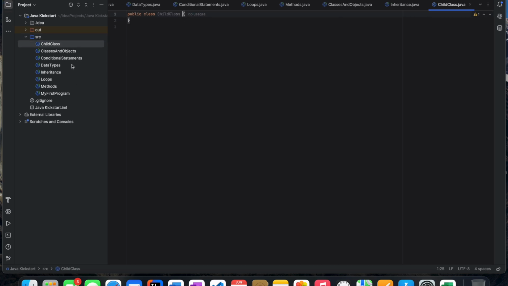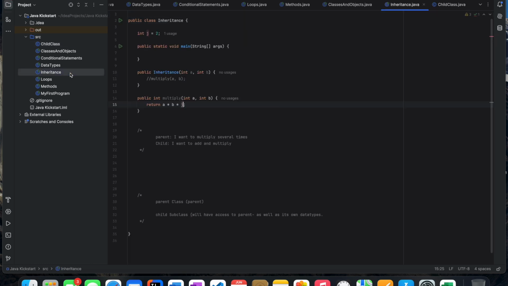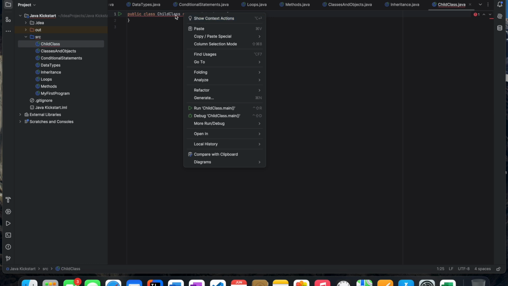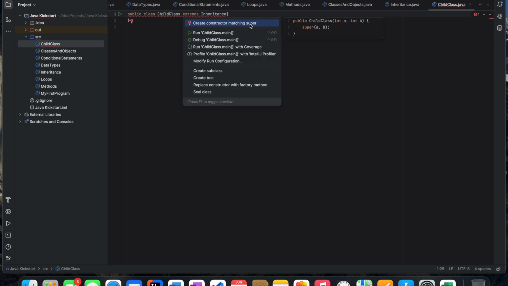How do I inherit all of the things in inheritance? I simply put extends inheritance. And there's an issue. What's that issue? Let's figure that out. And that issue is that there has to be